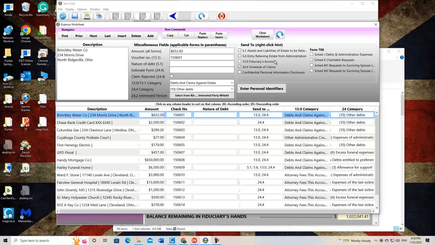And with the expense worksheet, the same thing is true, except that normally with the expenses, if it's in the expense worksheet, chances are probably 10 out of 10 that it has already been accounted for. And therefore, with the exception of bills that have not been paid during the first accounting, you could delete them, or